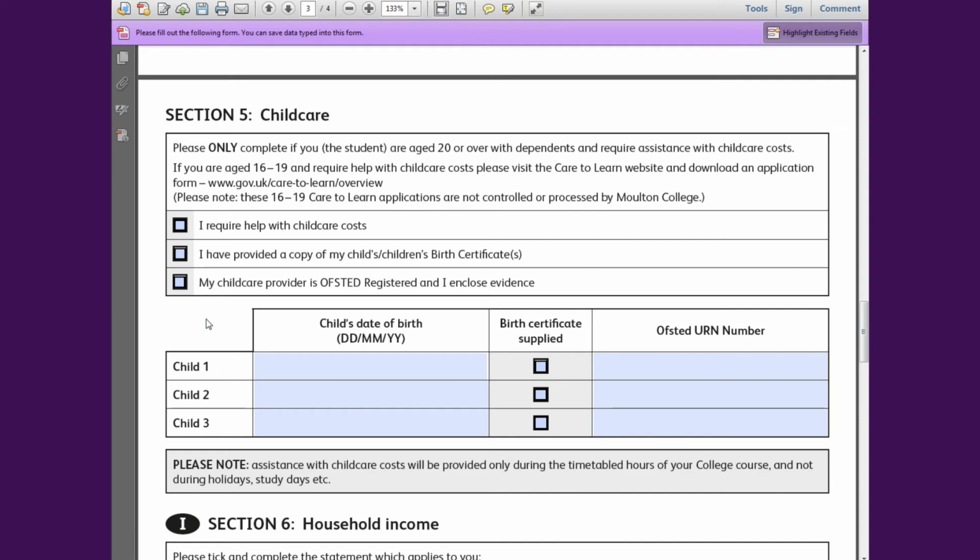Section 5, so again a little bit to explain here. Only complete this if you, the student, are aged 20 or over with dependents and require assistance with childcare costs. The childcare provider must be Ofsted registered, and supporting evidence along with copies of your child's or children's birth certificates must be enclosed. If you're aged 16 to 19 and require help with childcare costs, please visit the Care to Learn website, which is